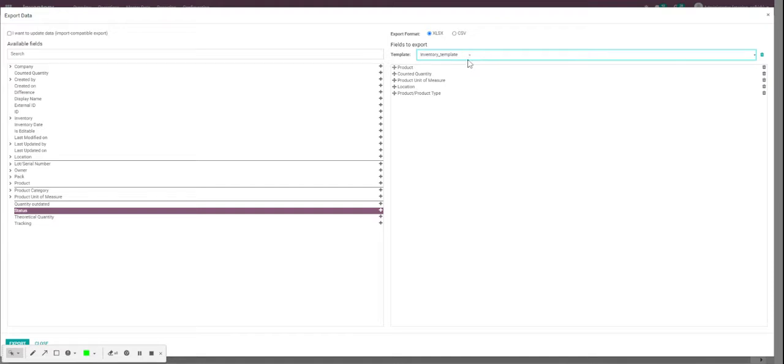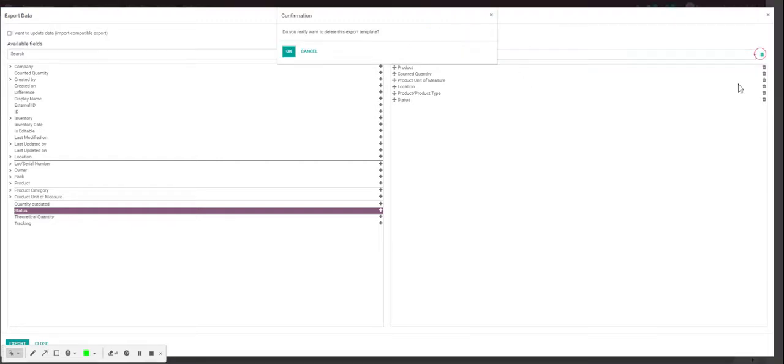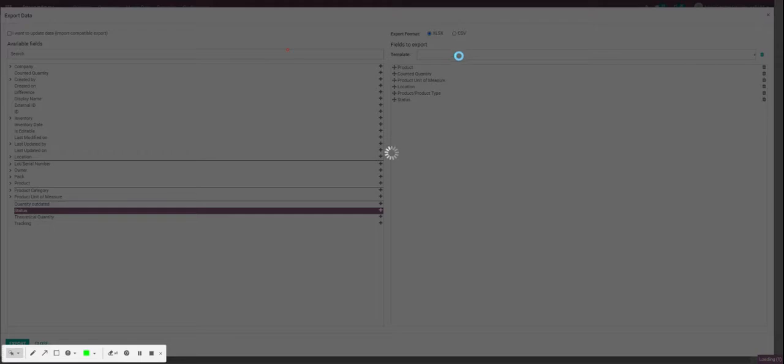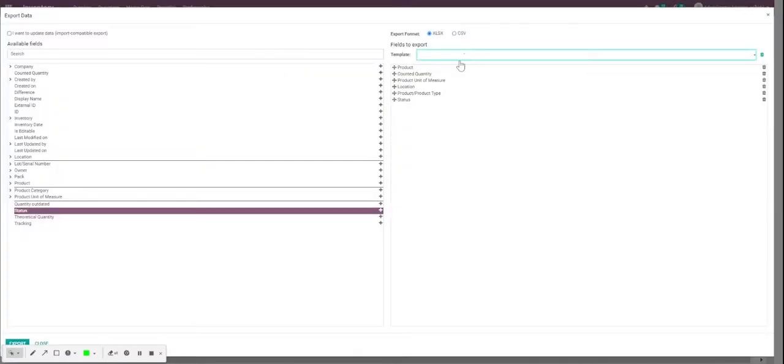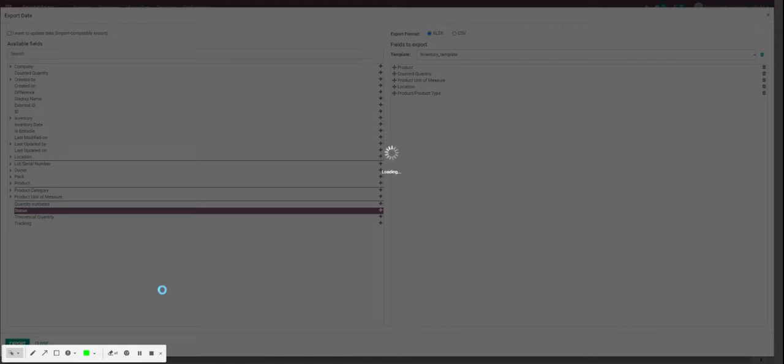So this is my inventory template, and this is the one which I have already created. If I don't want to use this particular filter anymore, I can just simply click on delete, and that way those filters will be easily updated. So it will delete the record, but the previous record still remains there. Once you select it and click on export, this will export all the data